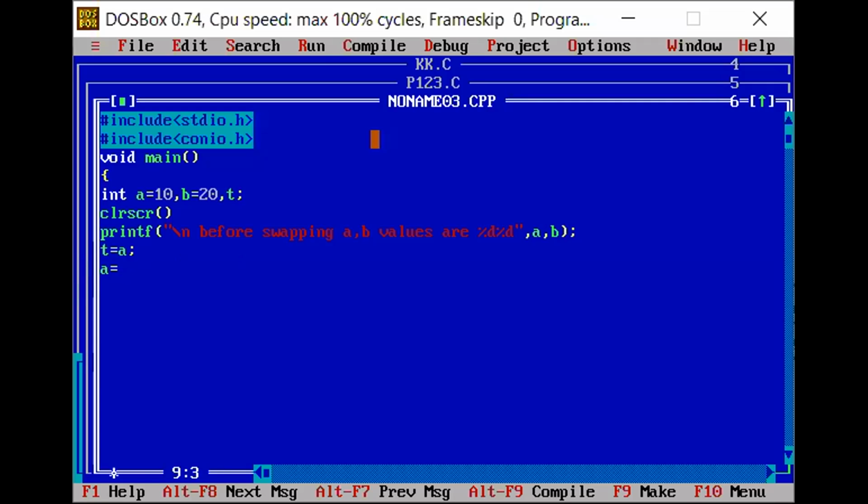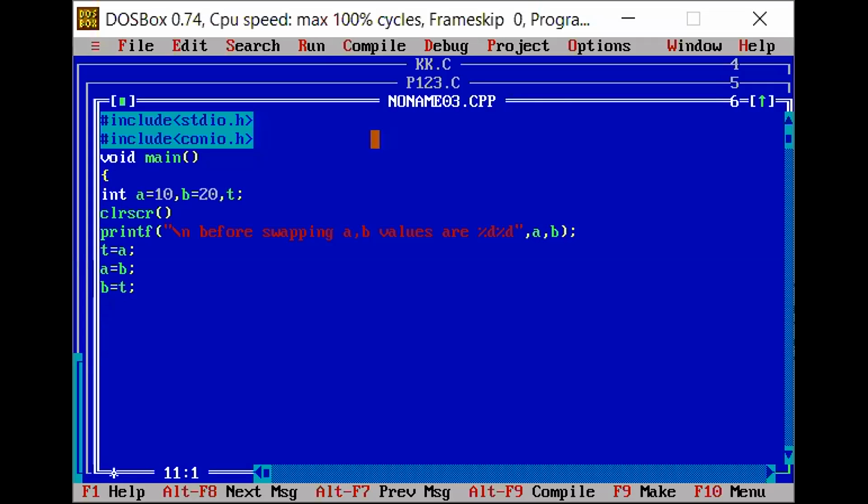A equal to B. That is second step. What is the last step? B equal to T is correct or T equal to B is correct? That is called B equal to T. Yes.